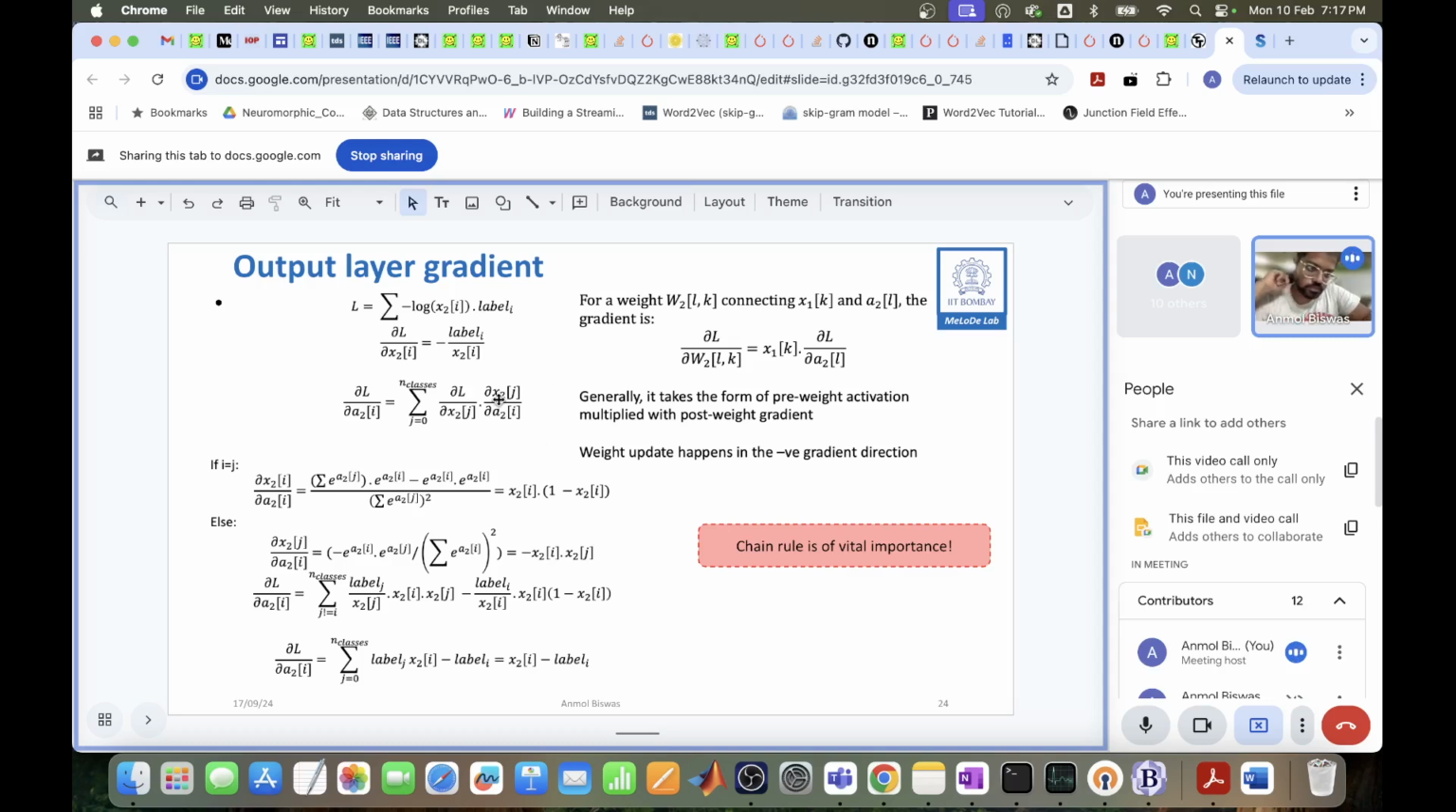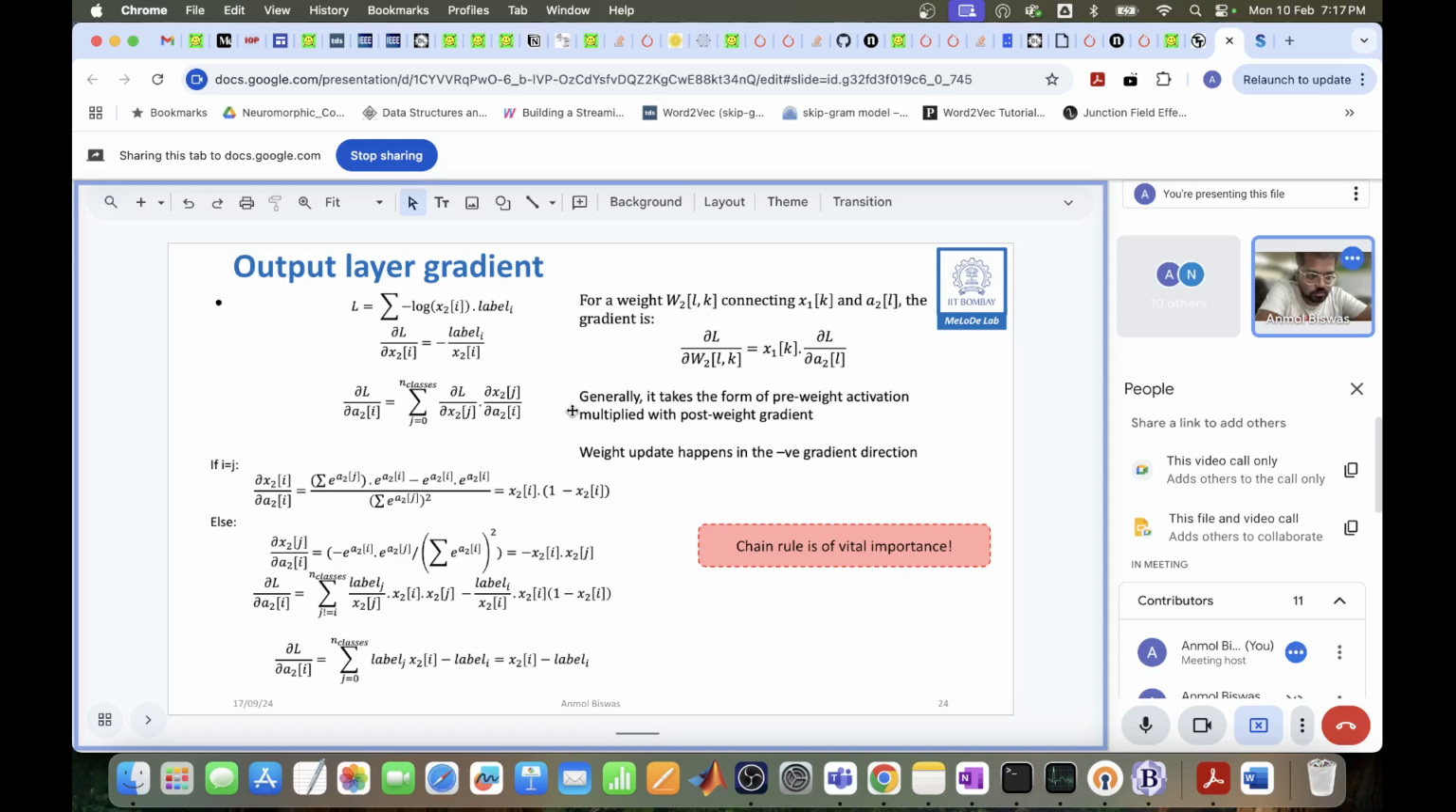And the way that you write these equations is by using the chain rule of differentiation, where if a function is a composition of multiple functions, then you go one after the other, compute gradients successively, and that's how you compute the final gradient. So we apply the chain rule here, and we split it into two parts. We split it in the case where i is equal to j,